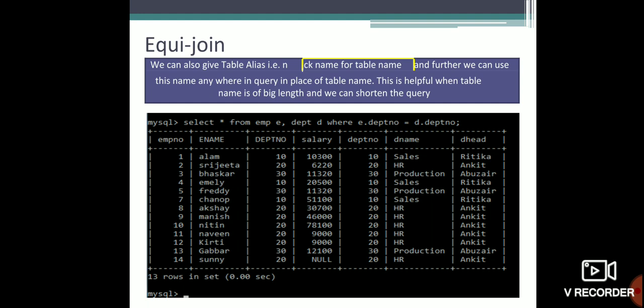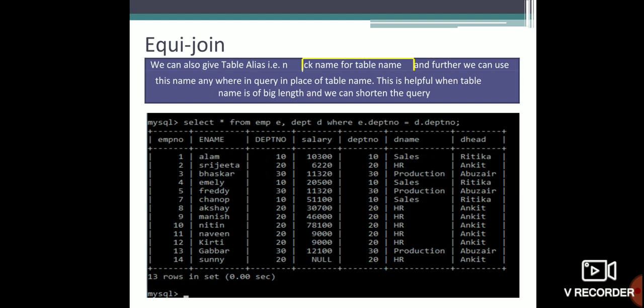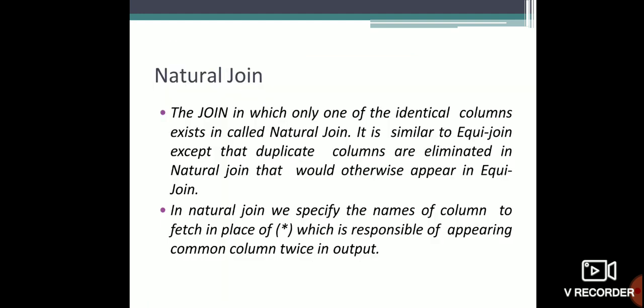Table aliases. In the condition, in the previous case, I was writing the full table name dot the column name. But in this case, I have already mentioned that my table employee is termed as E, and department will be termed as D. So after giving the where clause, I will write the nickname only. Like E dot department number equals D dot department number, where E is the employee table, and D is your department table. The same condition you can see here.